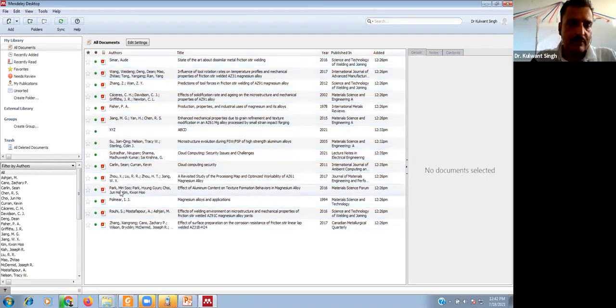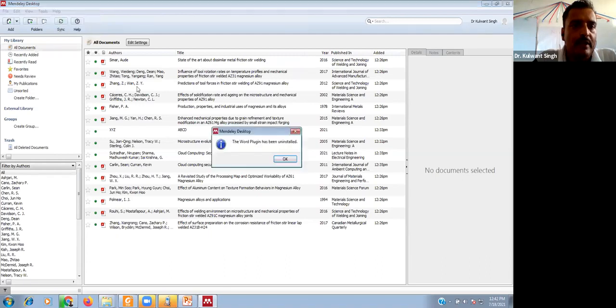So to start with this Mendeley software, just click on the tools, and you have to create an interface with MS Word. I have already installed it, and I am uninstalling this.